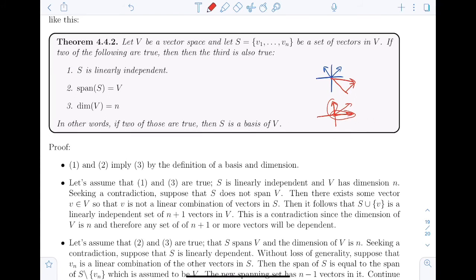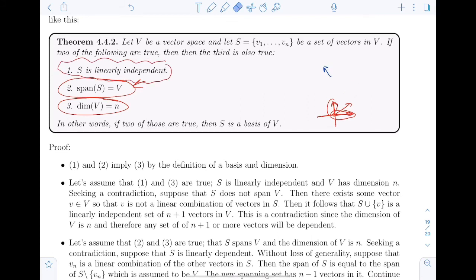All right? Last but not least, if I have an n-dimensional vector space that spans, so I've got n things that I know span everything, then they have to be linearly independent. Okay? Why is that? Well, because they hit everything in the vector space that was n-dimensional, and they are n of them. If I were short, if I had one less, then I wouldn't be able to span the whole thing, right? So if I have n vectors that span an n-dimensional vector space, then they've got to be linearly independent,